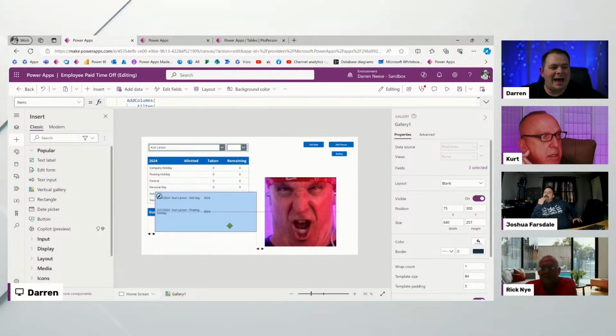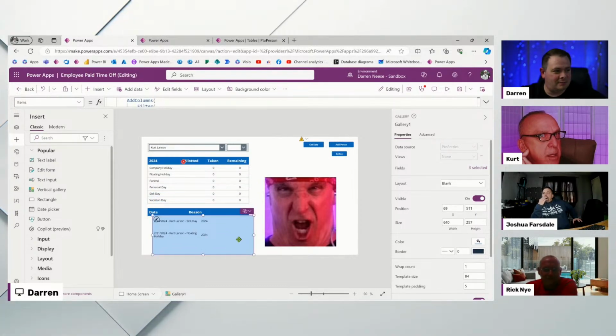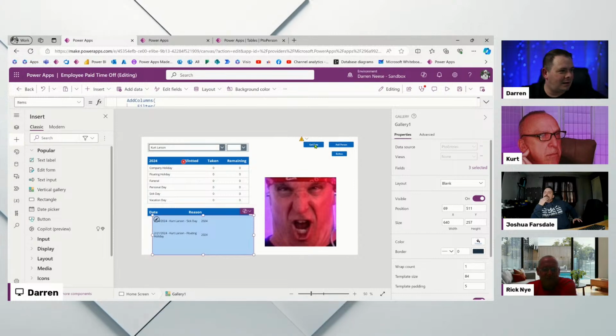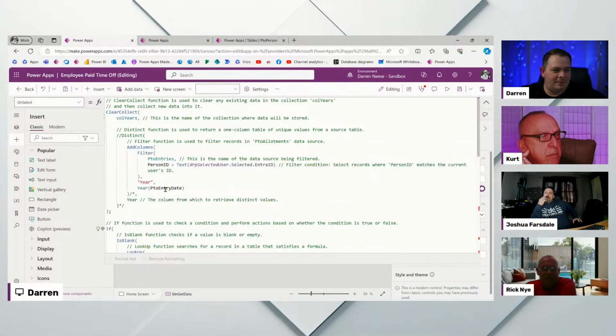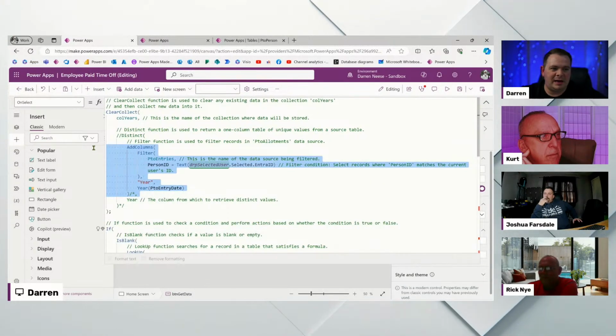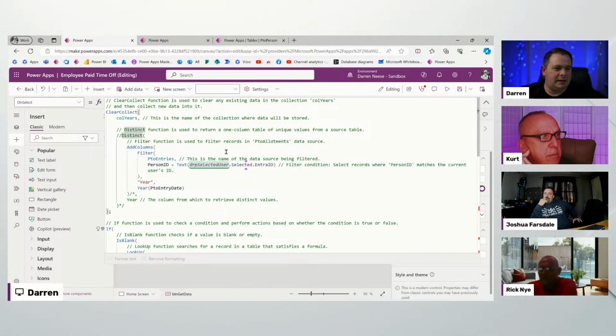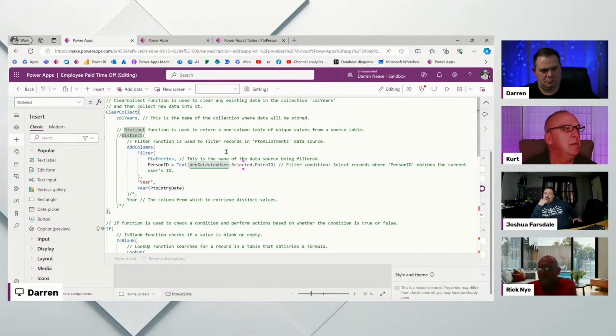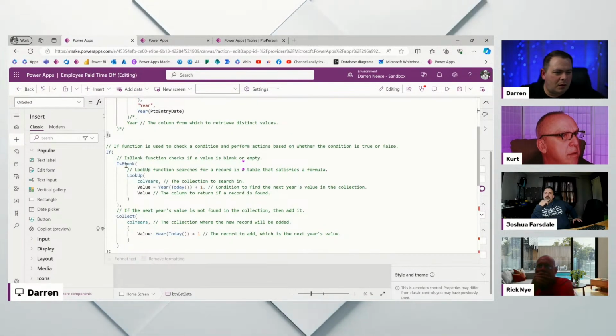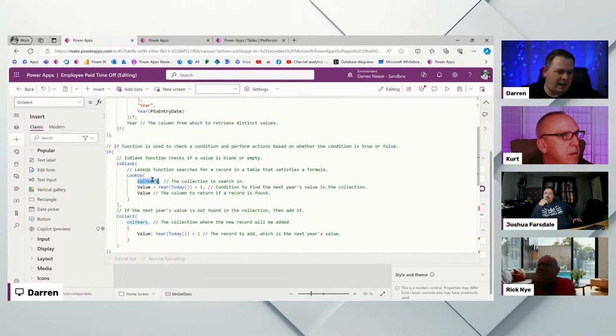So that little add columns is working. So this thing that we have here works great. Okay. And if I do a lookup on that,